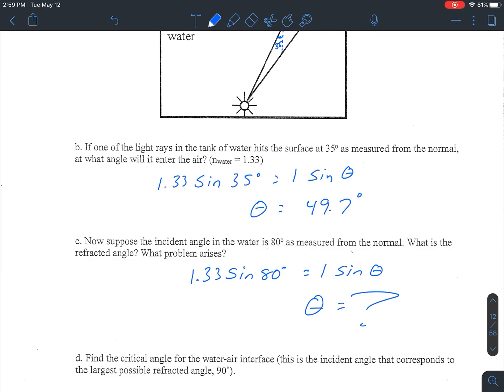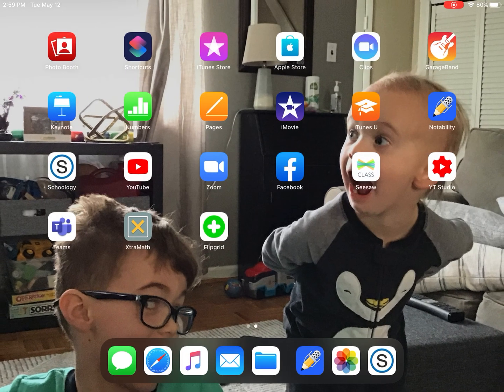Okay, so what it is telling you is that there's an error. The reasoning is that the light is not going to bend more than 90 degrees, right? It's not going to completely reverse directions. And this is weird. So going back to our